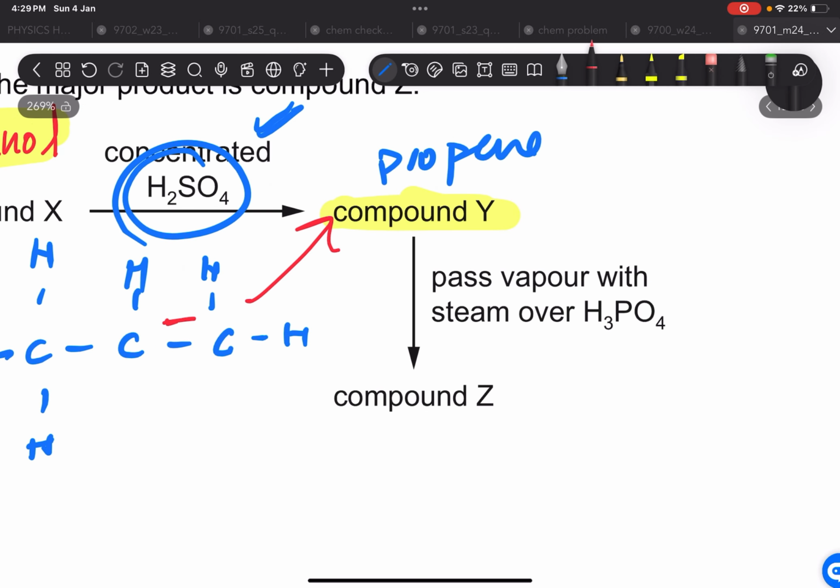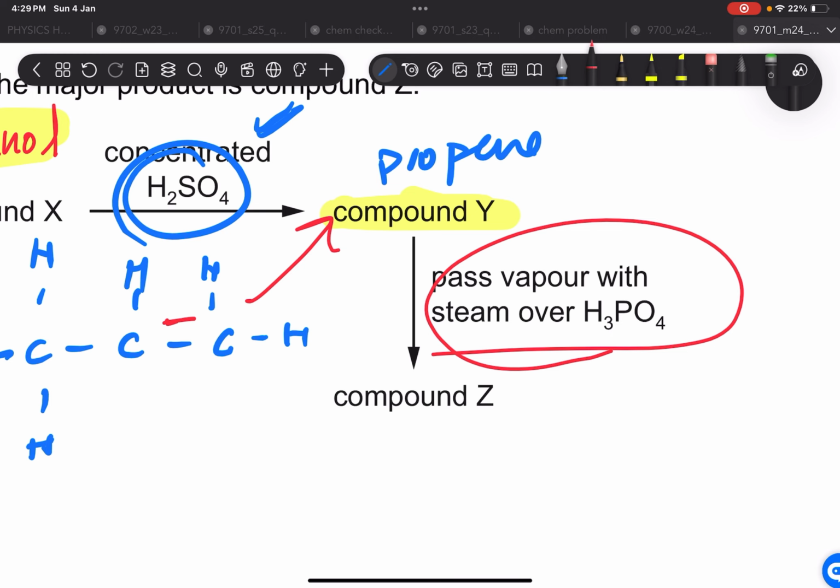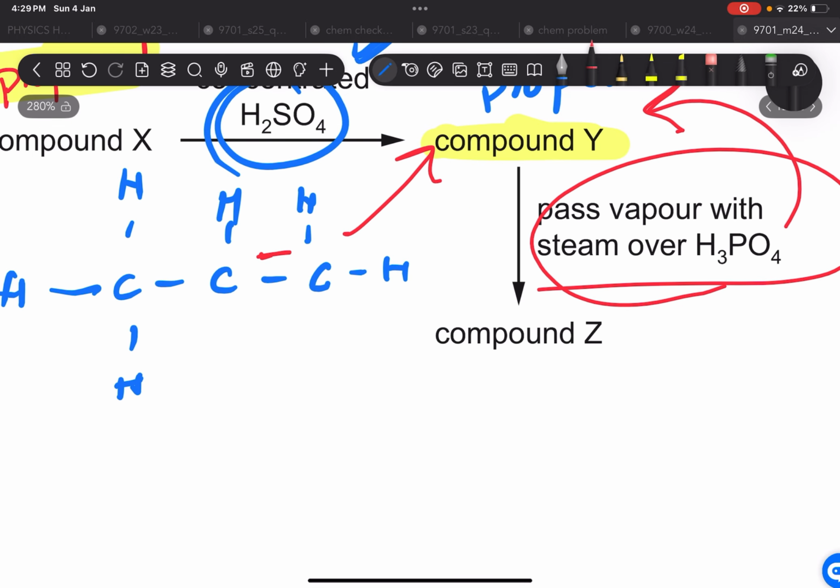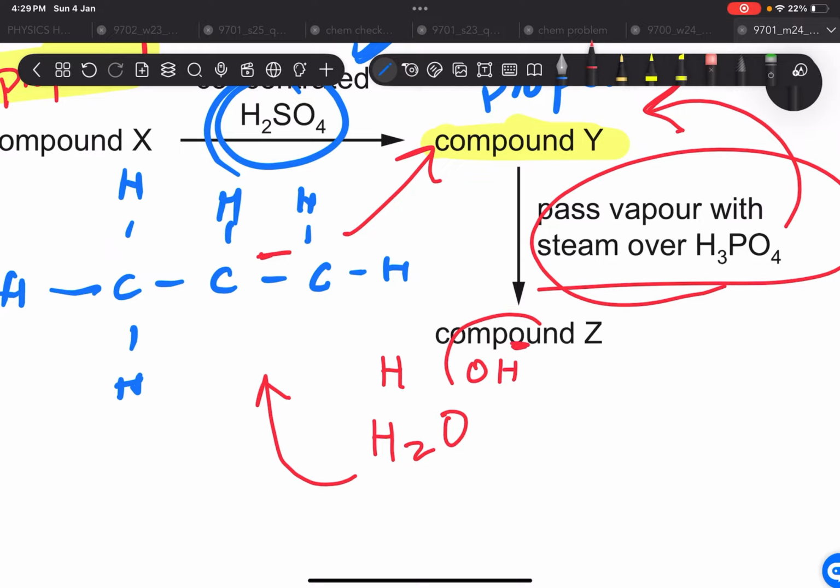Pass vapor with steam over H3PO4. Now we're again gonna form propanol, but this time we're gonna form propan-2-ol. Why? Because when we have to add steam over here, H and OH have to be added, and the more negative part is gonna go towards the carbon that has fewer hydrogens, and this